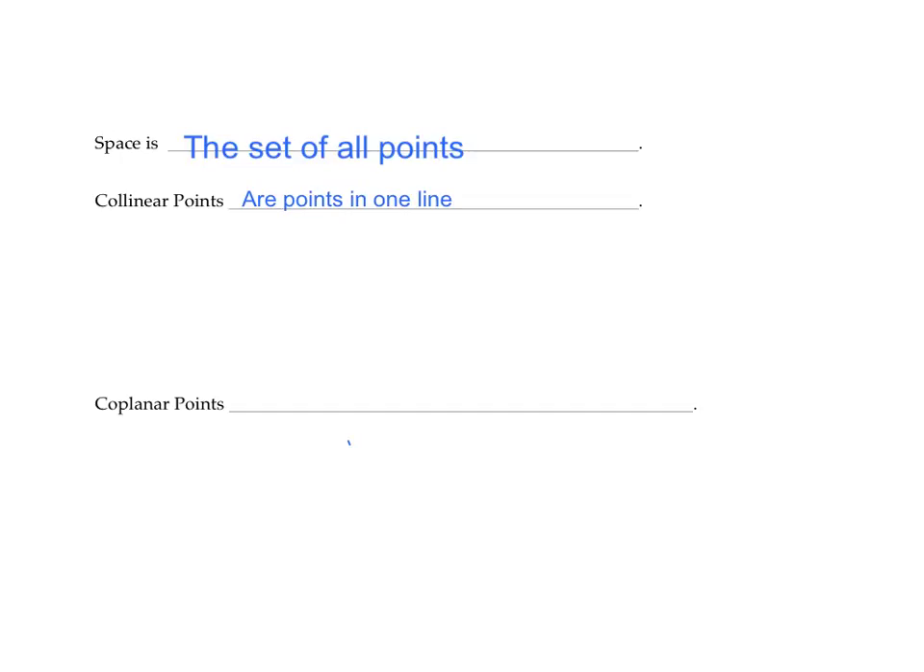So first we'll draw an example of collinear points. So draw a nice straight line, and let's put points A, B, and C on there. So points A, B, and C are referred to as being collinear because there's one line that contains them all. For an example of non-collinear points,